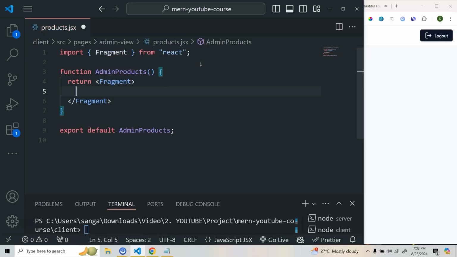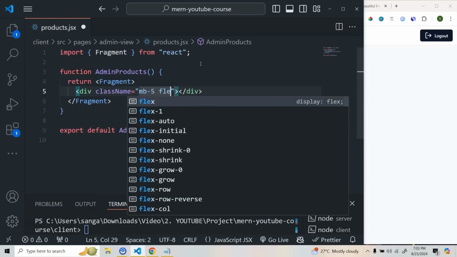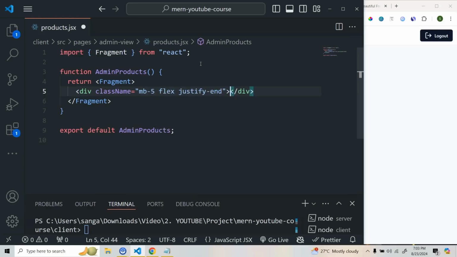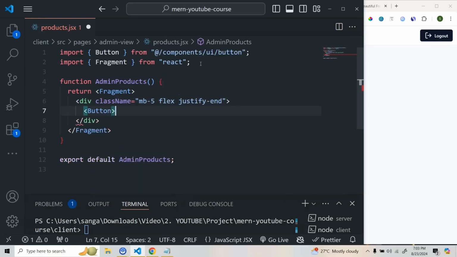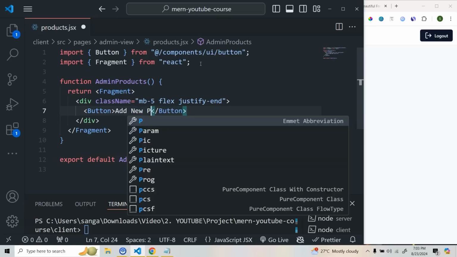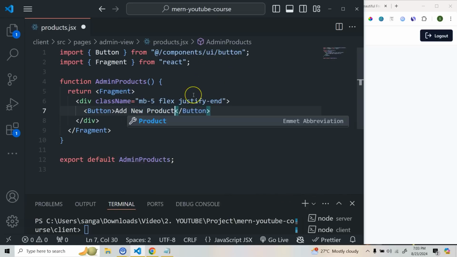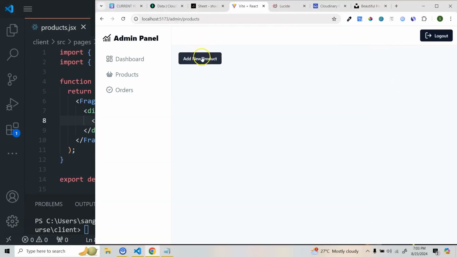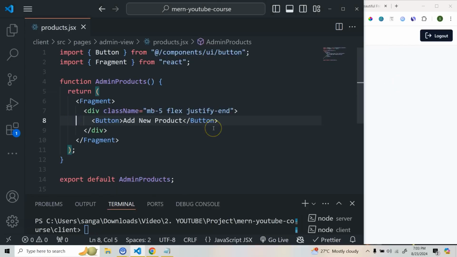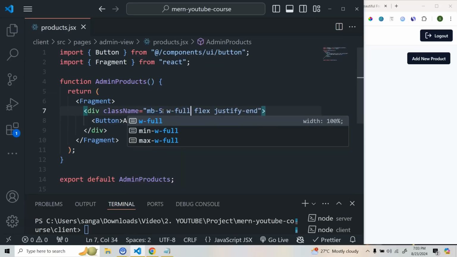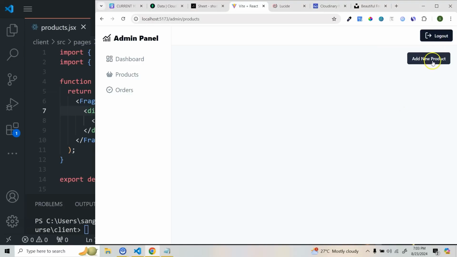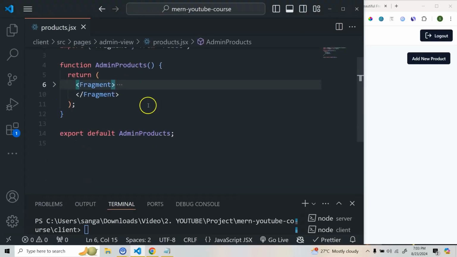Okay, so we'll take a fragment, so we'll be having a button, and we'll give a class name of margin bottom of 5. We'll keep flex and we'll do justify end. Here we'll take a button and we'll do add new product. Okay, let's save it. So we're getting this one here. This is fine. Now what we're going to do, I think let's do one thing. We'll make this one width full so that it will be on the right side. I think it's fine. You can also keep it here. Now after this